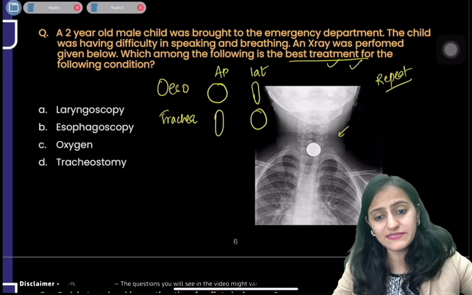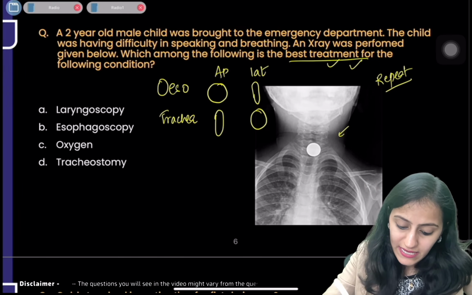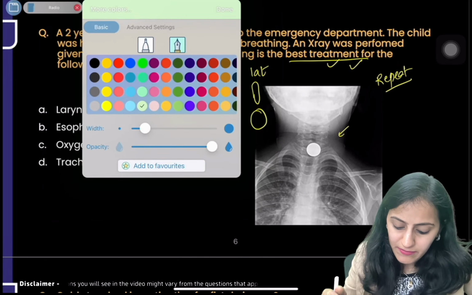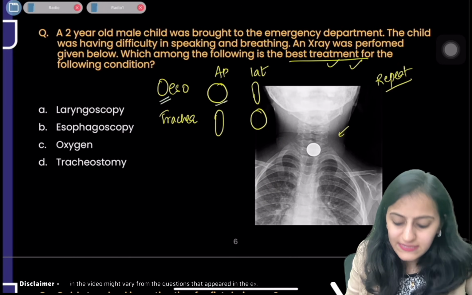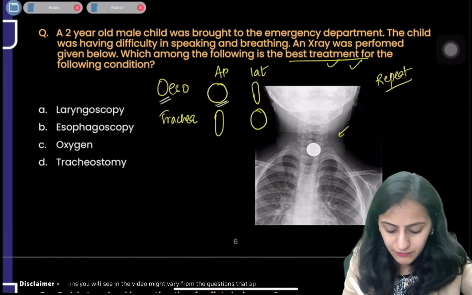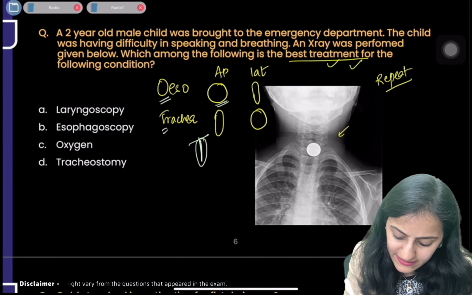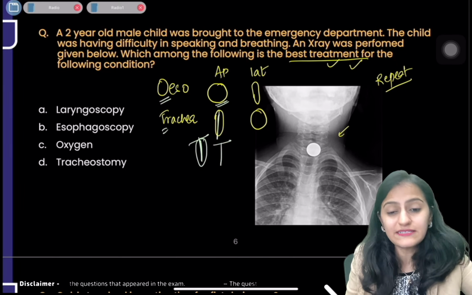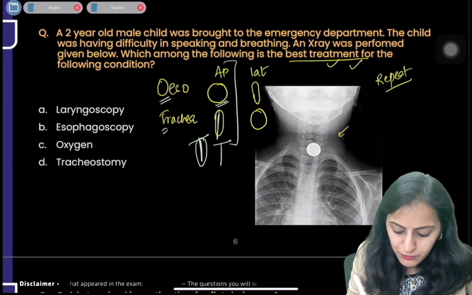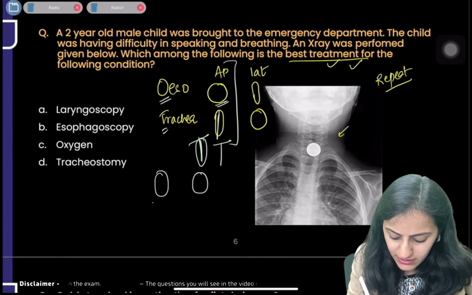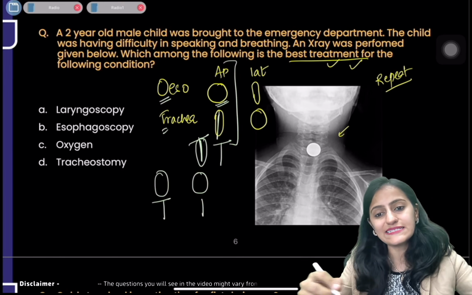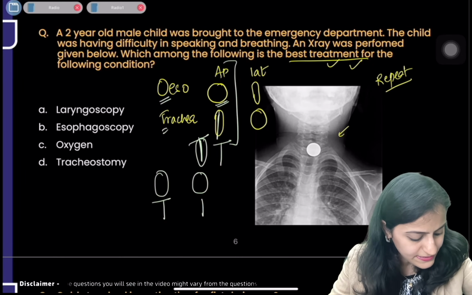So how can you remember this? What is the trick to remember? If you want to remember it with a trick, you can remember this as esophagus is circular in the AP view. Trachea is T. Okay, remember T is like this slit, the vertical line, and that is the trachea. So in the AP view, esophagus is circular, trachea is slit-like in the AP view. Okay, so